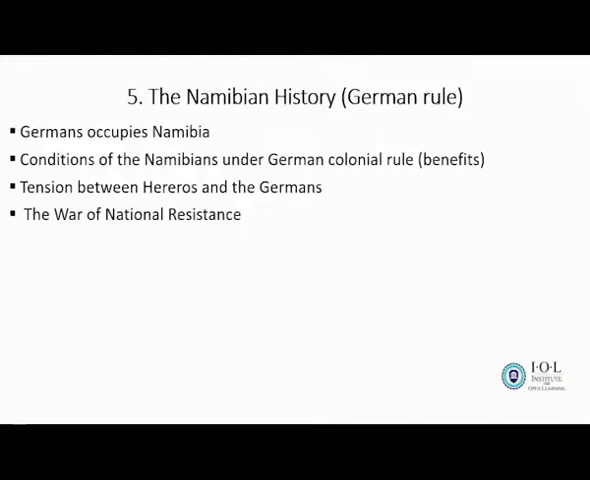And the reason why the Germans occupied Namibia was that they were looking for natural resources. Namibia was rich in natural resources. So they occupied Namibia because they were looking for natural resources. And another reason was that Germany was after the land to resettle the poor Germans and war victims. They wanted poor Germans and war victims to occupy the land in Namibia, and they were also looking for land for